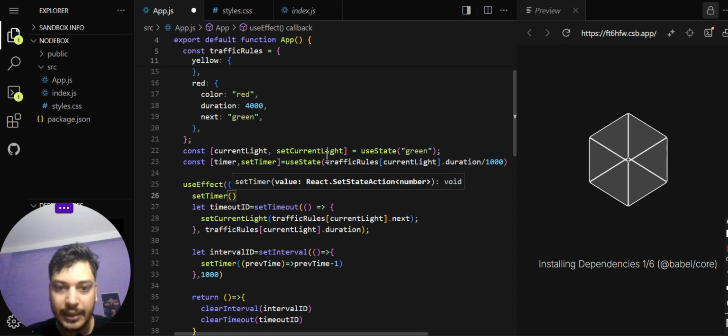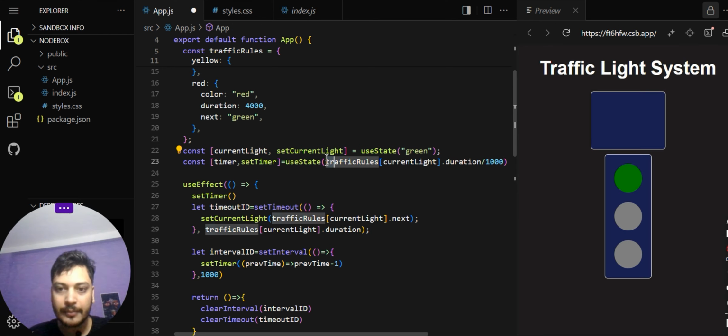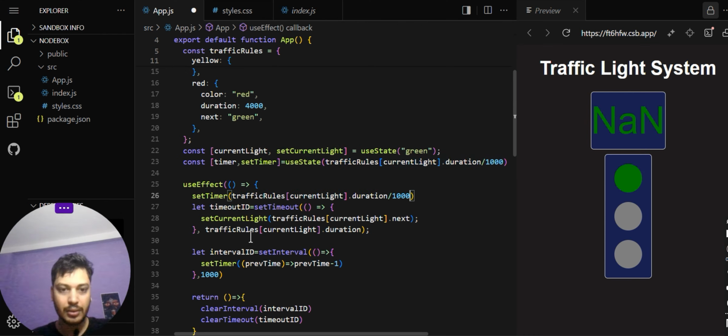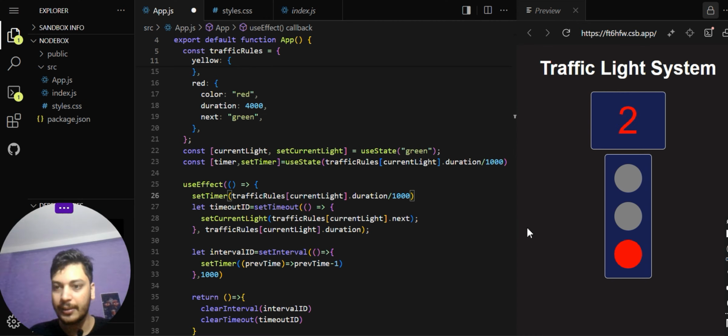It will be same as this. Now you can see it is working fine with the transition here in the light,